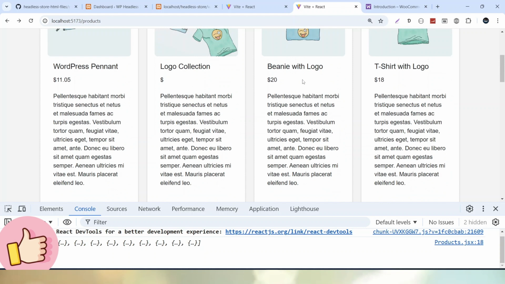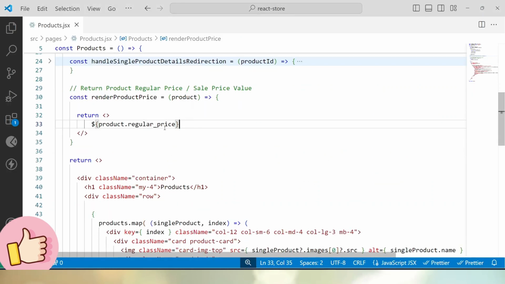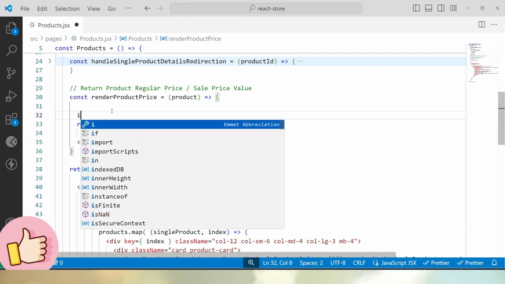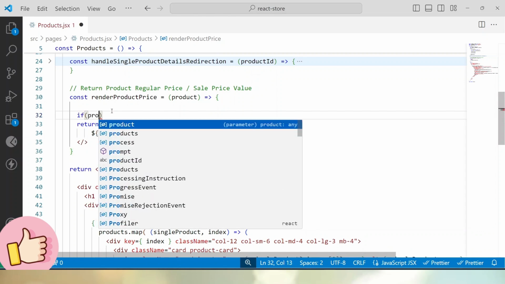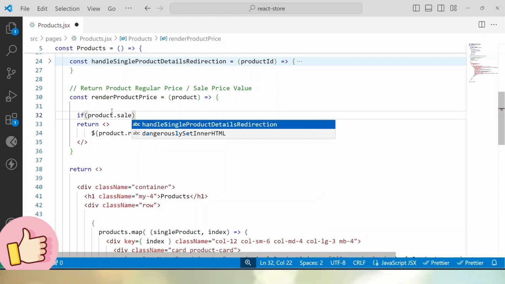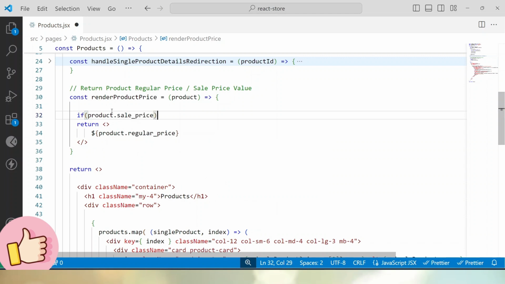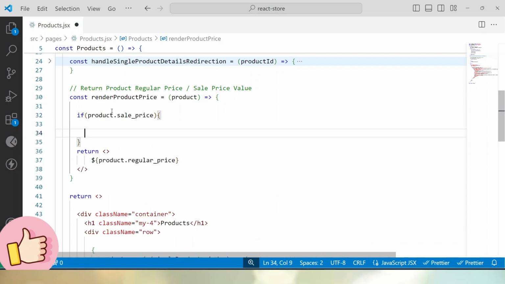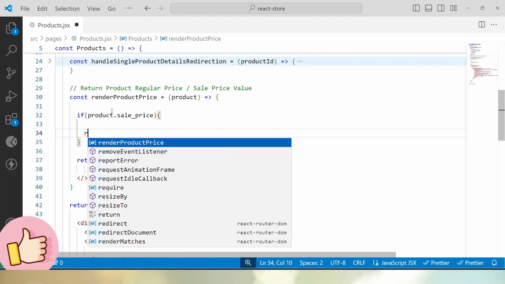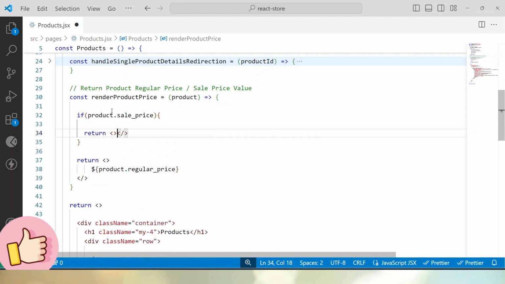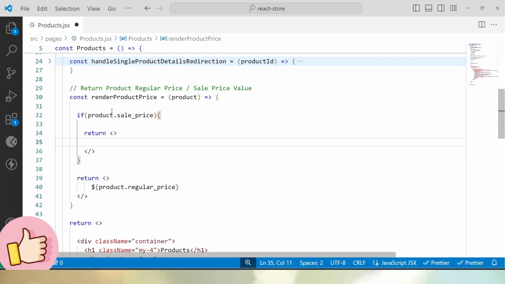But in this case, also we have the available value as the sale price. So what to do? In that case, this regular price will not work because at the time sale price will be the real price of that product. So here what I will do, let's say if product dot sale price, if this property has the value, so in that case let's say return react fragment, and here I'll use